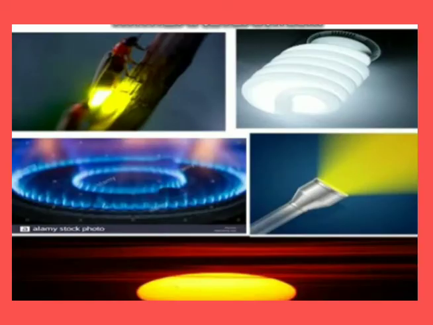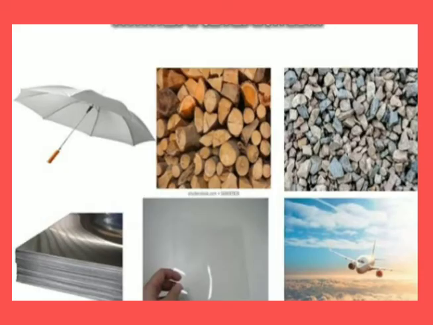We have also discussed luminous and non-luminous objects. What are luminous objects? Those which emit light of their own. A lighted bulb, the flame of a gas burner, a torch, the sun and a firefly are all luminous objects. Non-luminous objects do not emit their own light: umbrella, rocks, wood, aluminium sheet, transparent sheet, air. These are all non-luminous objects.